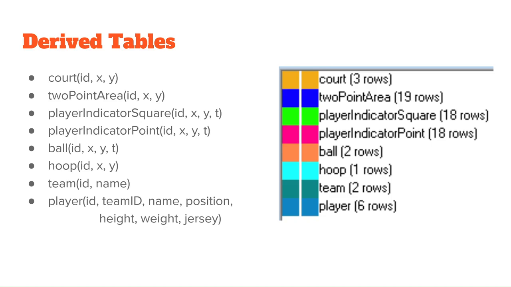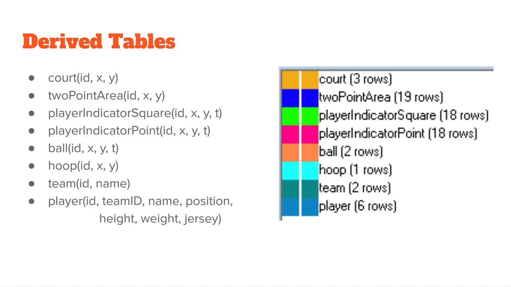So here are our derived tables. We have court, which has an ID, X and Y. 2-point area, which again has ID, X and Y. And then a new derived table, player indicator square, which is how we actually see the players and which are the things getting animated. They have ID, X, Y, and T. And then player indicator point, which will have the same ID, X, Y, and T, but this is used for queries and getting the data for where a player is